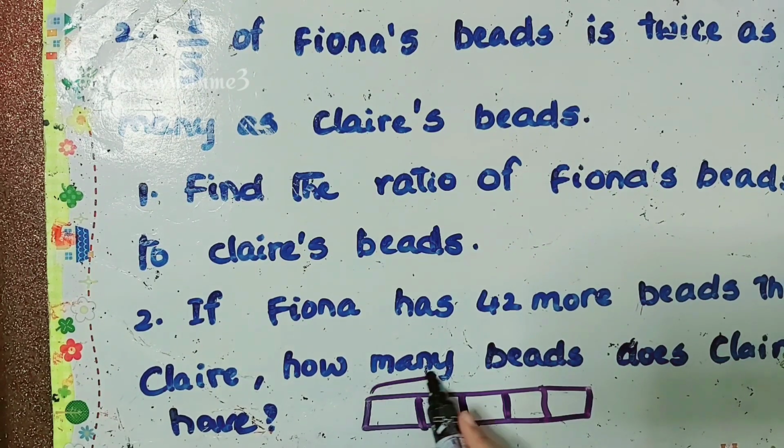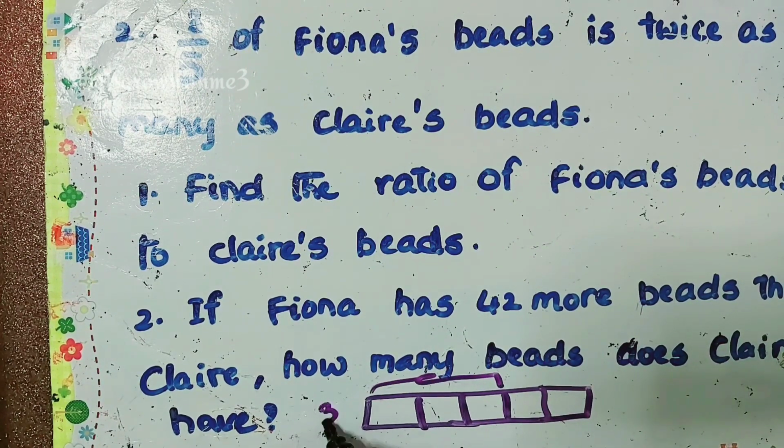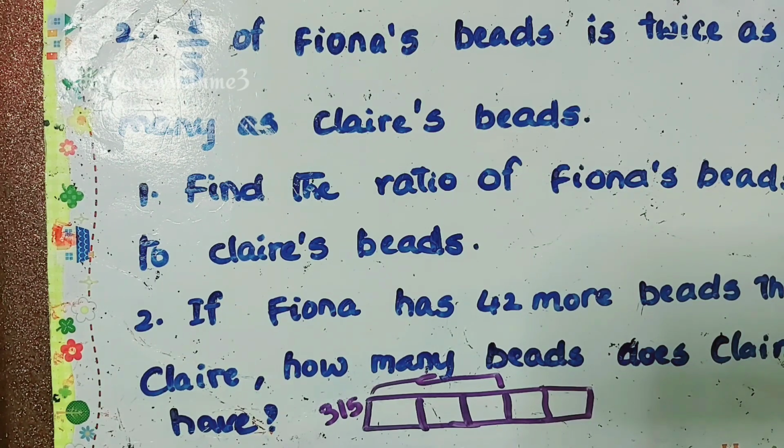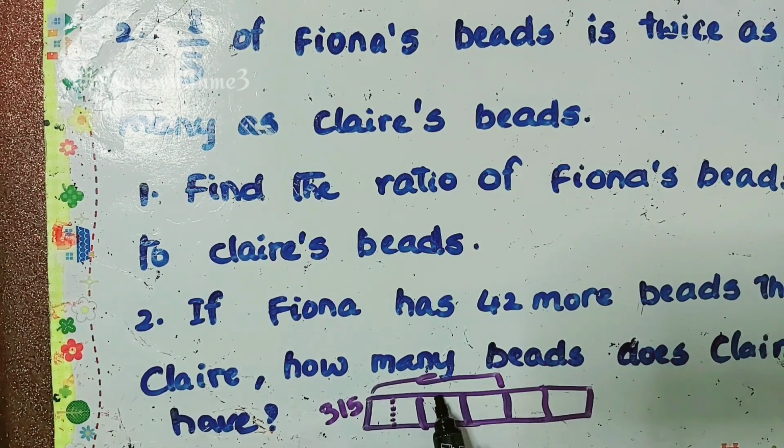so out of 3, it's not 2, okay, it's 3/5. Sorry, I couldn't see because of reflection. Let's start it. So 3/5 is twice Clary's beads, means this part is twice. So twice means this half, whatever the half we have, that is 1 unit. So we'll try to divide each of these 3 units into 6 units.